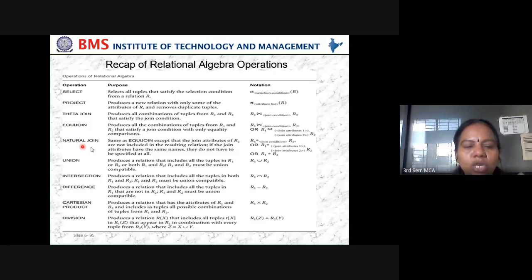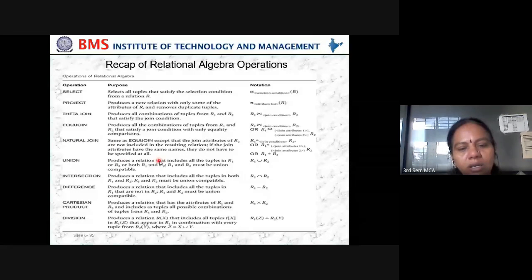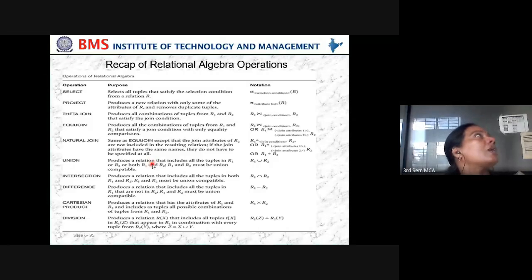Then what is natural join? All the elements which are present in both the tables, while those unique, present in only one table, are dropped. That is a natural join. Then what is a union? All the elements which are present in relation R1 and in relation R2 are combined.